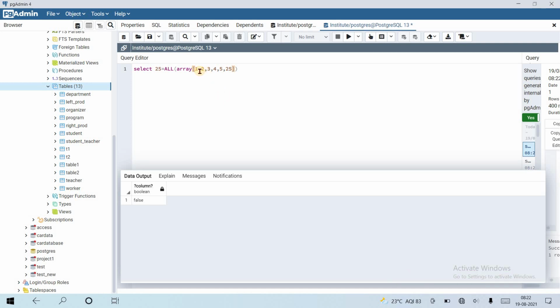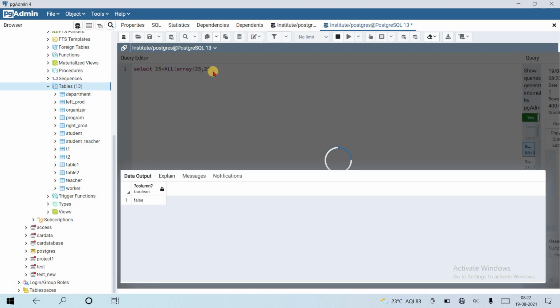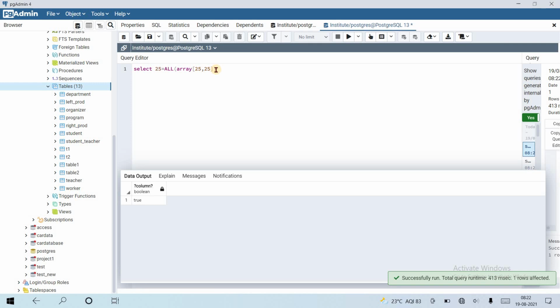For this function, the right hand side is a parenthesized expression which must yield an array value. The left hand expression is evaluated and compared to each element of the array using the given operator, which must yield a boolean result. So only if all the values in the array are 25 will it return true. Otherwise it will return false.